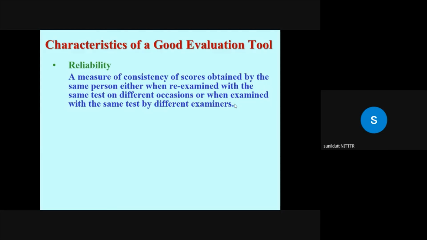This may happen. And thirdly, if it were an essay type test, how much would the scores have differed had a different teacher scored it? So there are these types of questions with which reliability is concerned. Unless the measurement can be shown to be reasonably consistent, that is generalizable over different occasions, over different samples of the same performance, or over different raters, we can have little confidence in the results.